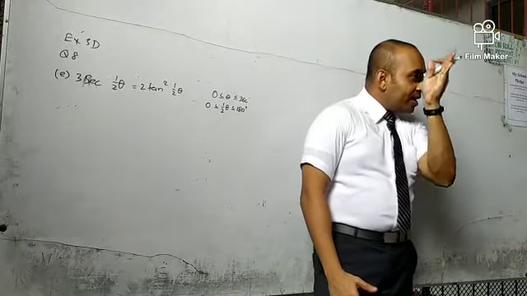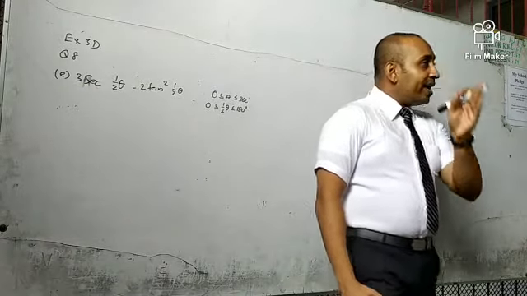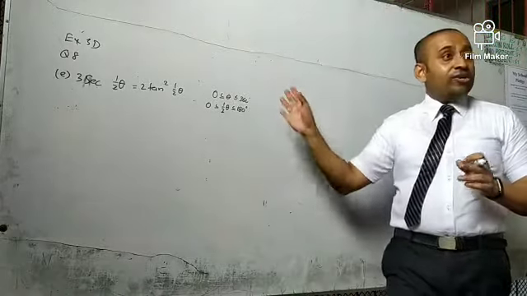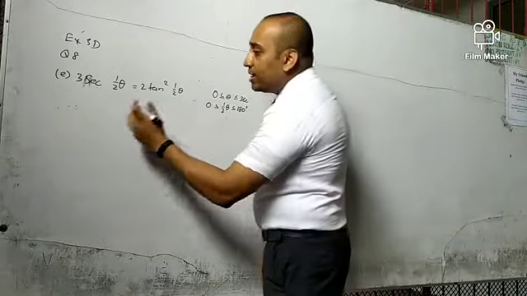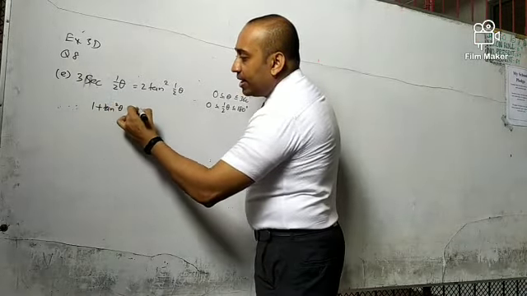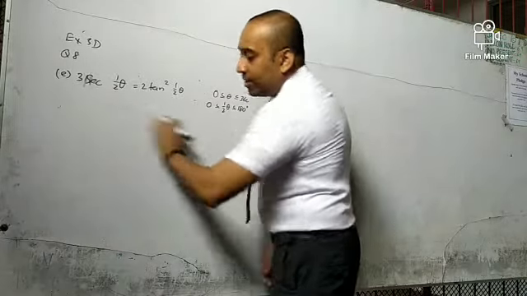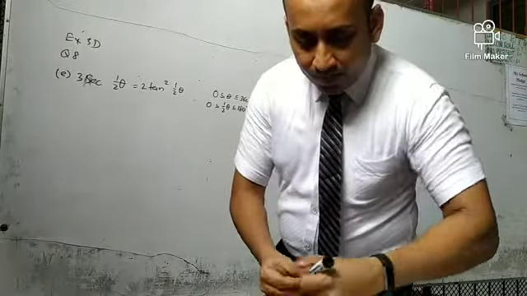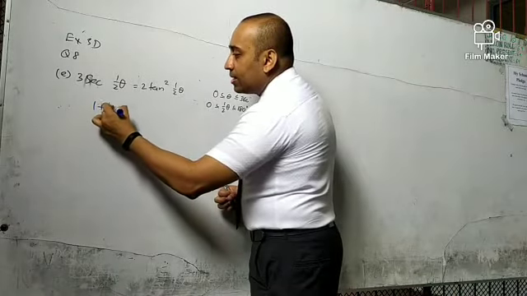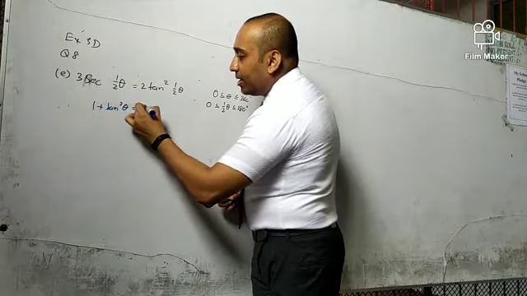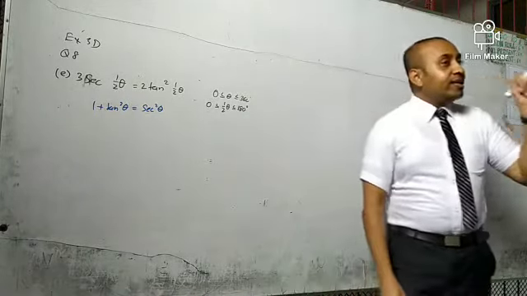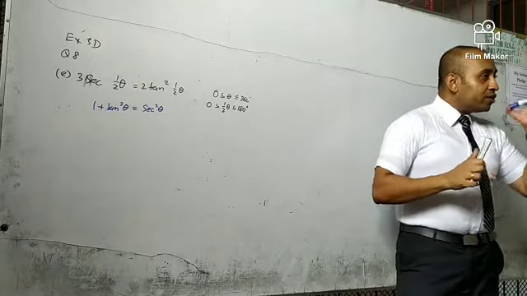but we have equations for converting sec square theta into tan square theta, and tan square theta into sec square theta. Sorry. So in this case, I'll use a different color so it will be clear for you. We know that 1 plus tan square theta is equals to sec square theta. Right. This is one common mistake most students make.